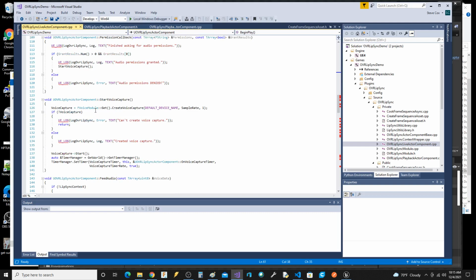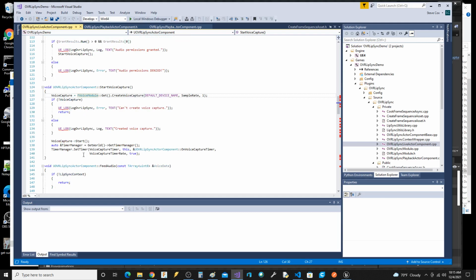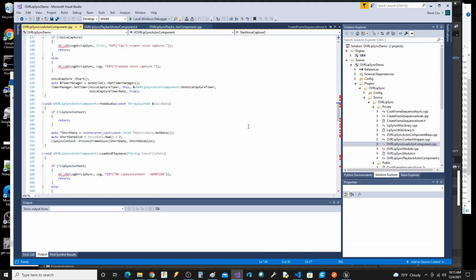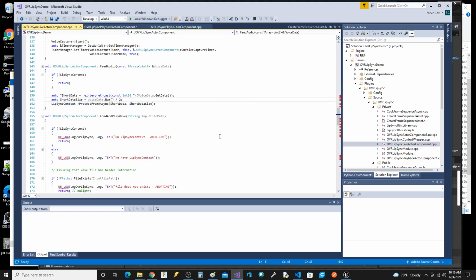See, this thing right here gets this voice module, and it sets a timer, and then it processes that voice data and audio feed. So this thing is kind of interesting, but it doesn't play the audio. It just moves the mouth.